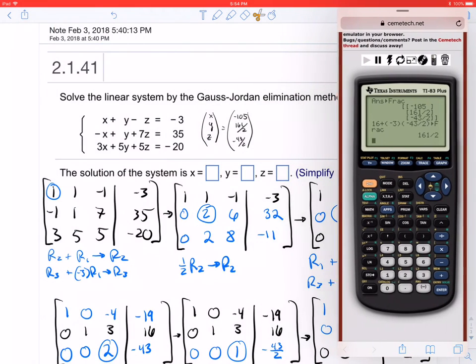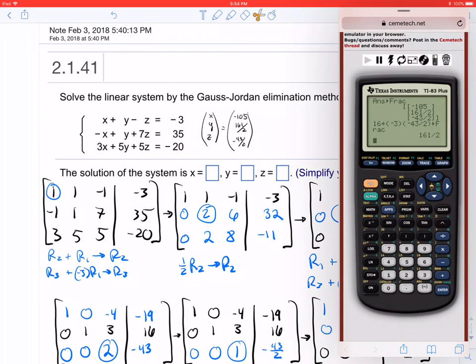Check it there. Now, if I say x plus y minus z, so if I say negative 105 plus y, which is 161 over 2, minus our z, which is negative 43 over 2,